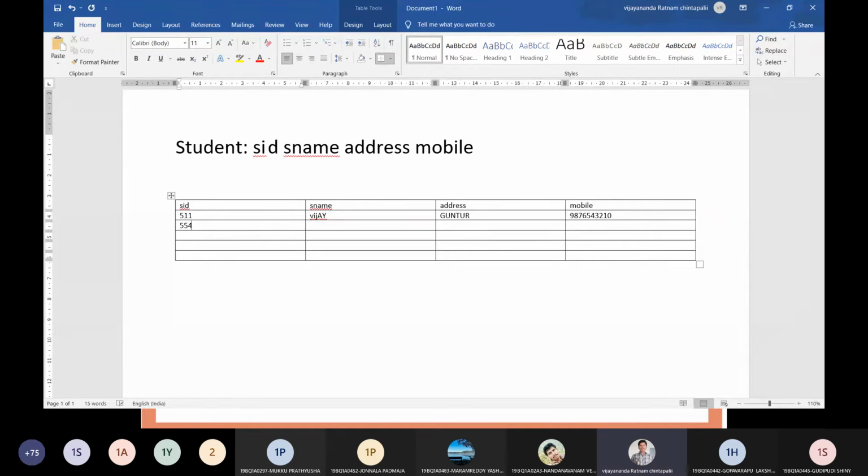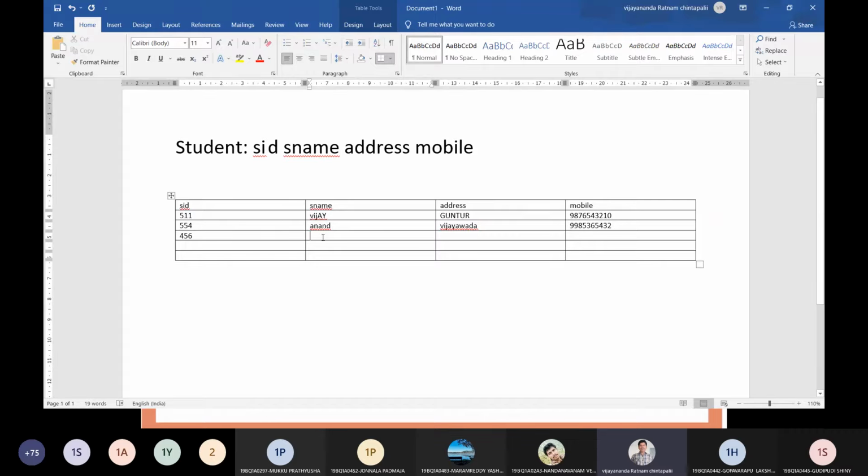Suppose 554, his name is Anand, his address is Vijayawada, and his mobile number is 9985365432.